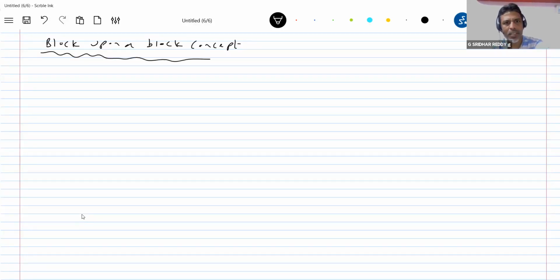I'll introduce the next concept, block upon a block. Plenty of numericals are available in this section. So today, as much as possible, I'll try to cover the basics. This is again very similar. You take a notebook and eraser, keep the eraser on the notebook, and try to move the notebook. Then even the eraser will move along with it. What is the reason? That is what we are trying to explain.